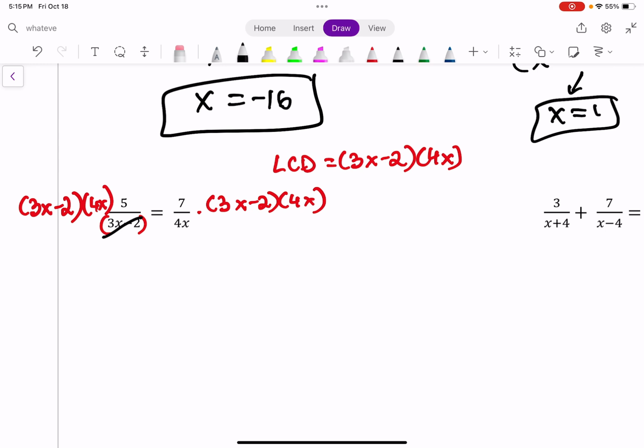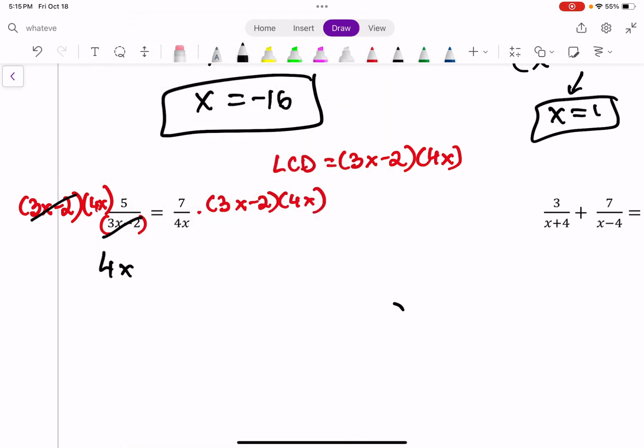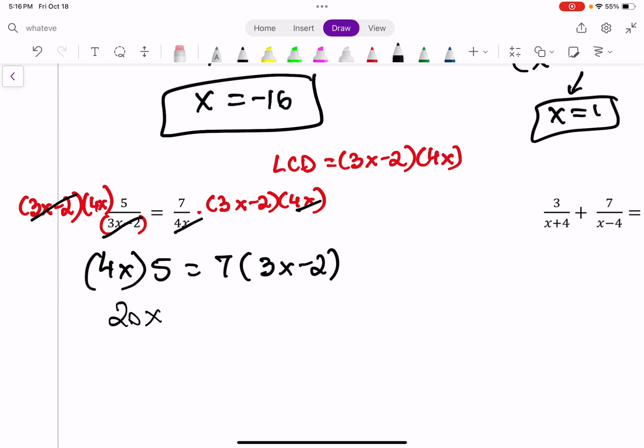So the 3x minus 2 takes away the 3x minus 2, leaving me with 4x times 5. The 4x goes away with 4x, leaving me with 7 and 3x minus 2. So as you see, we end up again with a very nice linear equation,